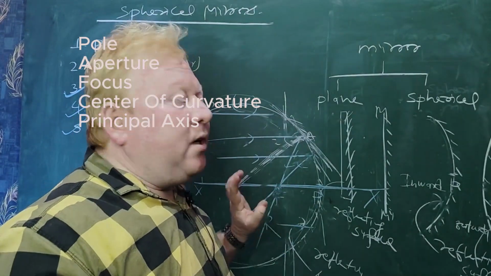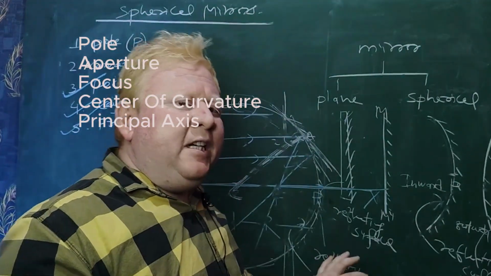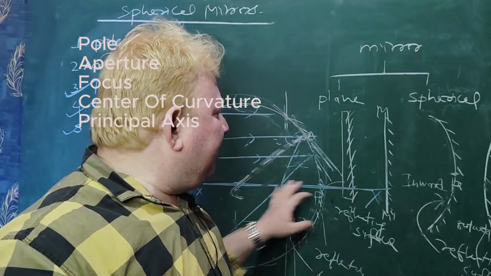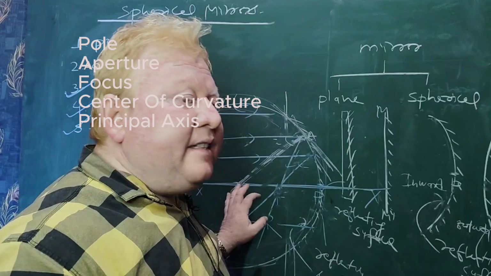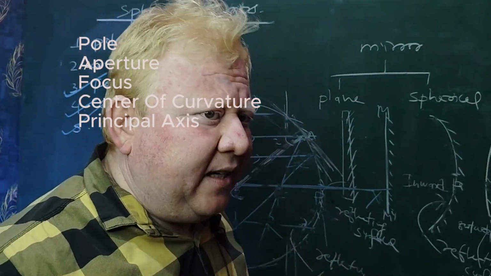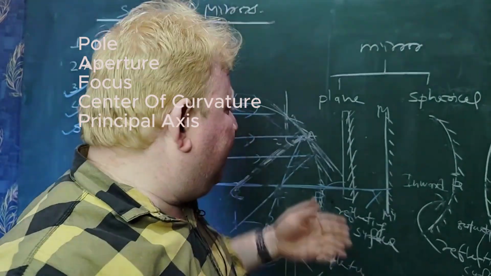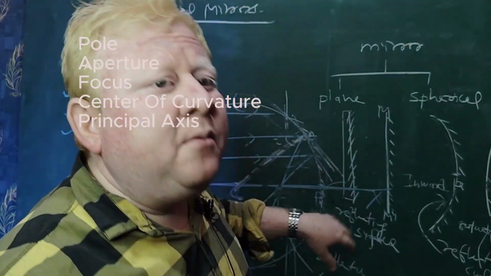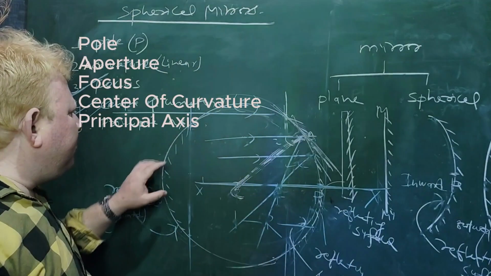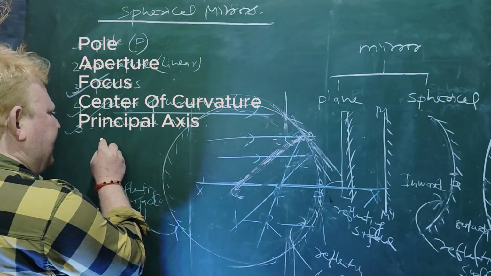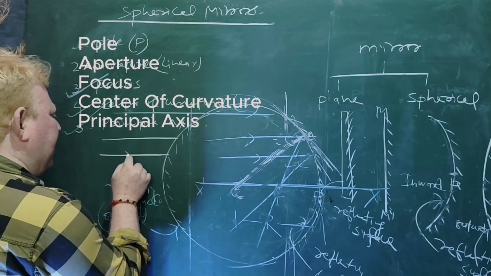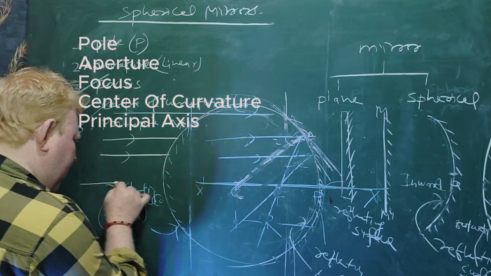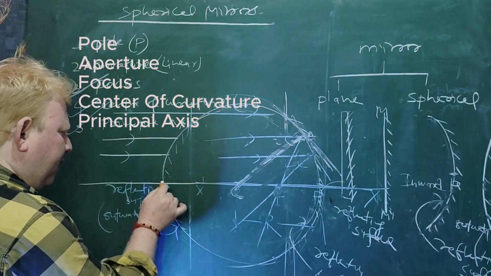So this is the focus for concave. Actually, principal focus is defined as the point on the principal axis at which light rays coming parallel to the principal axis, after reflection, meet or appear to meet. See, I am showing you in the case of convex. Suppose light rays are coming like this. After reflection, let me first draw this point, this is P,